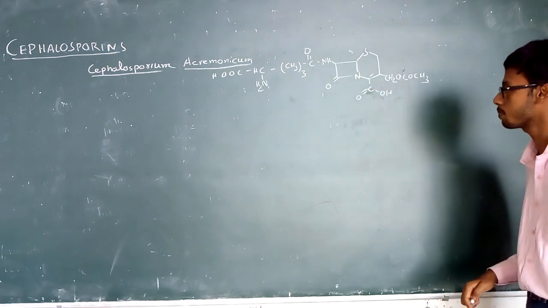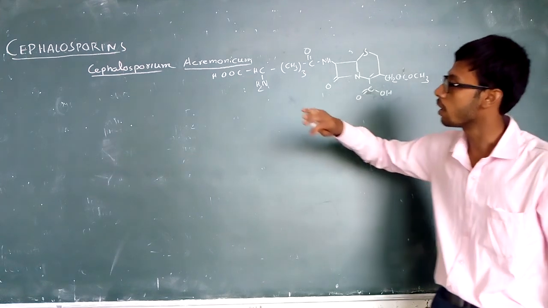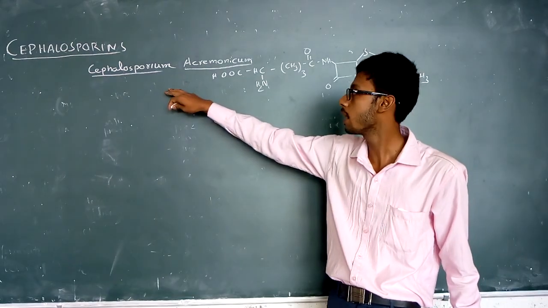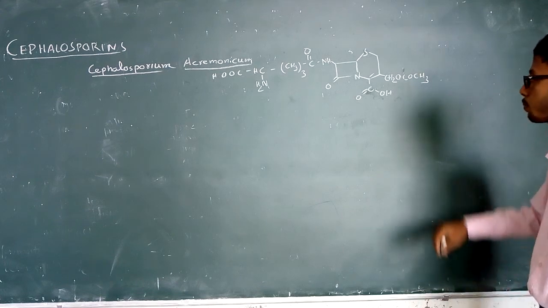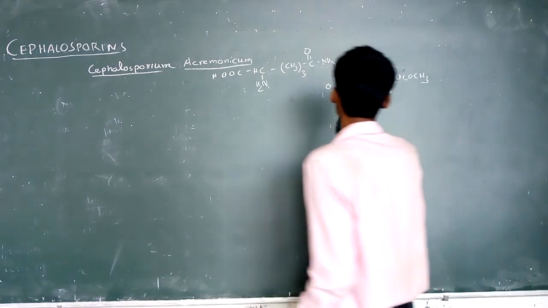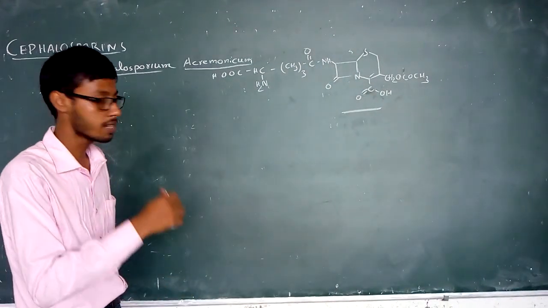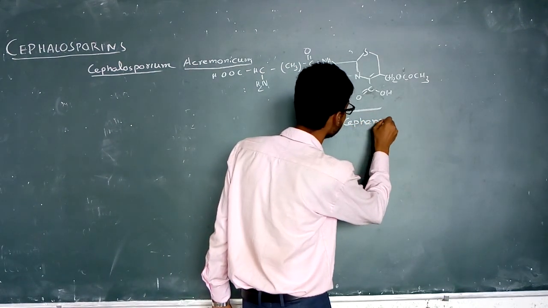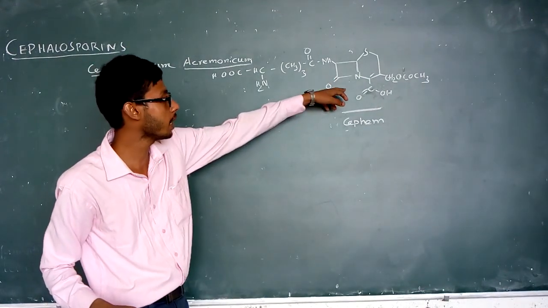That is the structure of cephalosporin C, which is the major component of this mixture isolated from the fungus Cephalosporium acremonicum. Cephalosporin C contains the basic nuclear structure, the cephem, as I discussed in the earlier class, which is developed from the cephem structure and is the fused ring of the beta-lactam as well